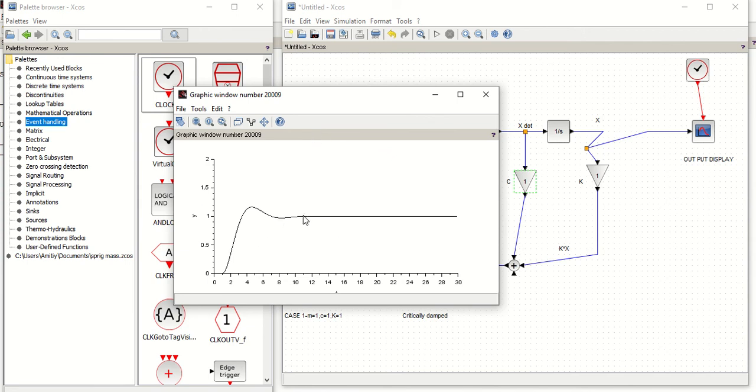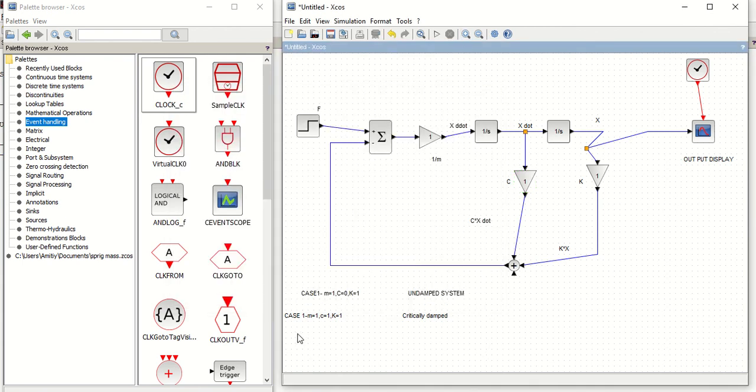Here you can see that after a certain period it's going into steady state. Now if I compare to the previous one, in the previous one we are having no resistance, but here the magnitude is going to diminish or it comes into steady state.